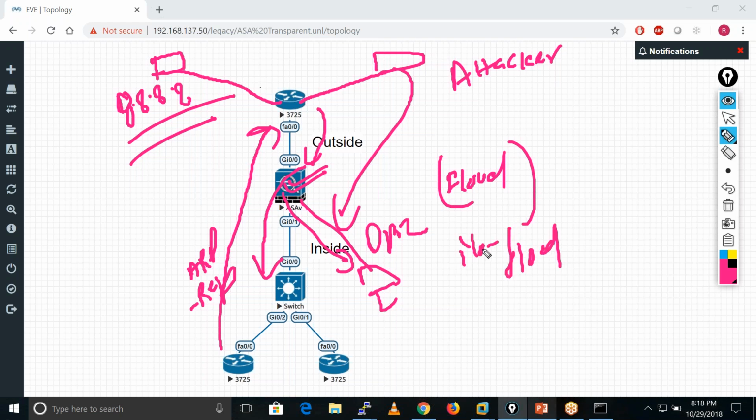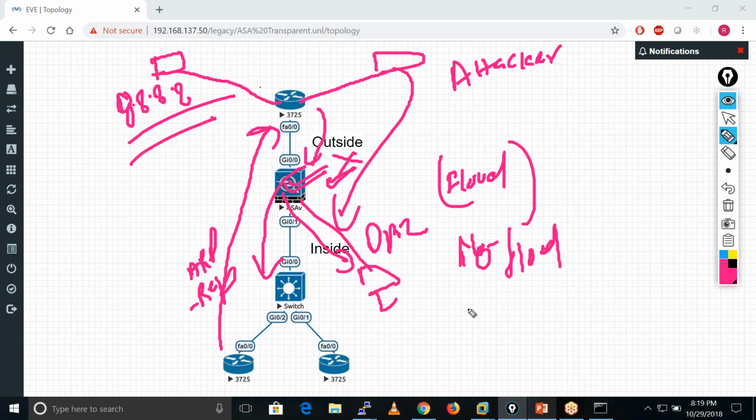In case of no flood, if we configure no flood and we get a reply packet which is not listed in the ARP table, he just drops that packet. So flood means it is flooded over all the interfaces. No flood means if it does not match any entries in the ARP table, he drops it.